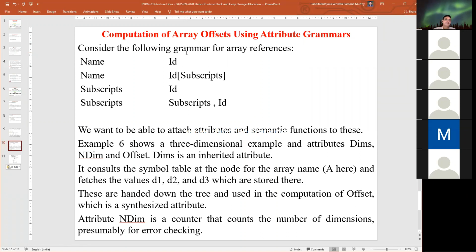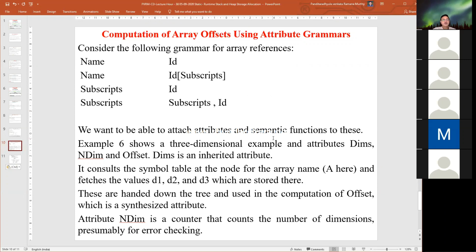We can also refer to the size of an array or a string with the help of grammar. We can identify the grammar as name, ID, subscripts, or subscripts, ID, subscript, comma, ID. Here we want to attach attributes and semantics to the functions.